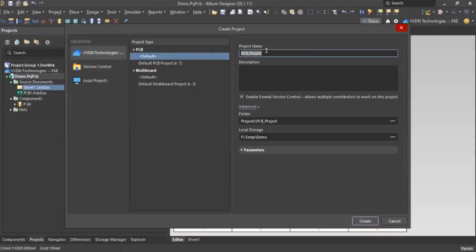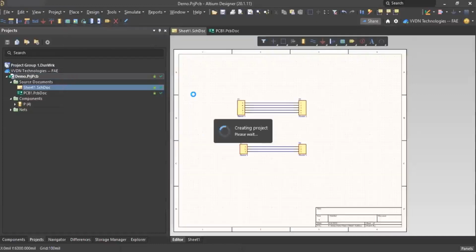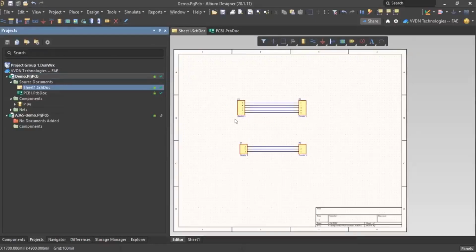Okay, maybe I'll create a new project. So A365 demo. Okay, same folder. I'm just creating that. Okay, see, this is a Git version control system. So there are some advantages of Git version control compared to SVN, but it depends on your requirement.